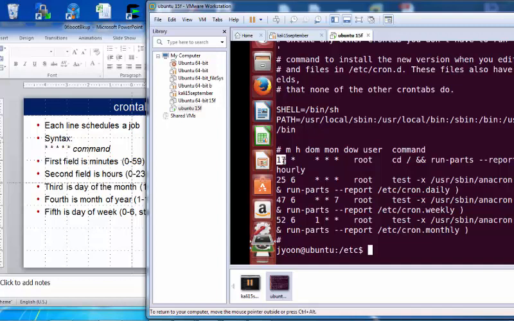Each single hour at minute 17, it runs. What about the next ones? Randall, I think this is what you like. 25 and 6. Two fields are specified, the rest stars. So this runs monthly, daily, weekly, annually.